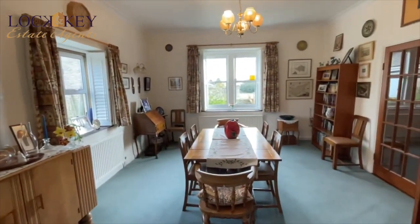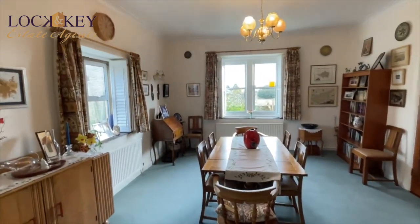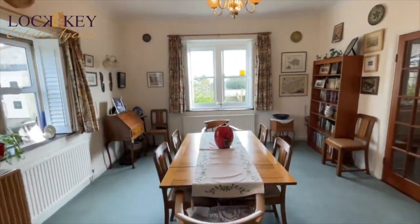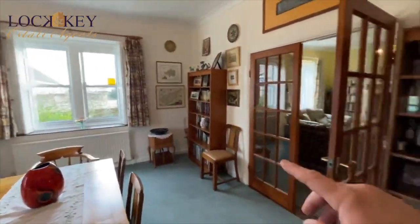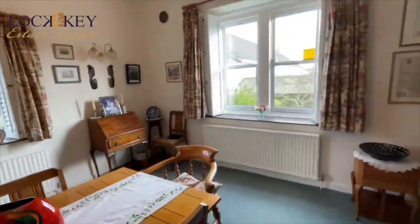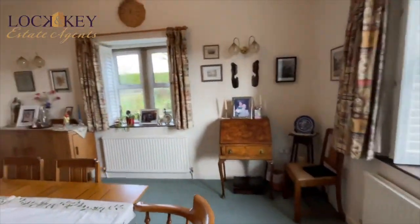And here we go again, dining room. And again, you've got double glazed window to the front, double glazed windows to those side aspects, just flooded in natural light. Plenty of areas here for freestanding units. The square footage, as we know, is decent. Bring this around